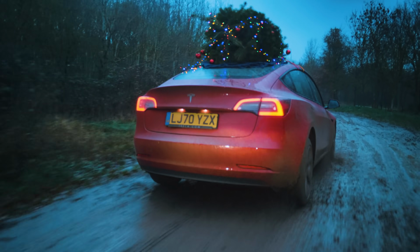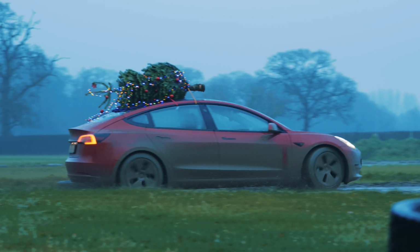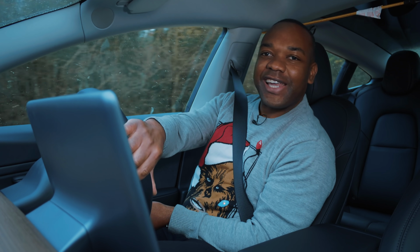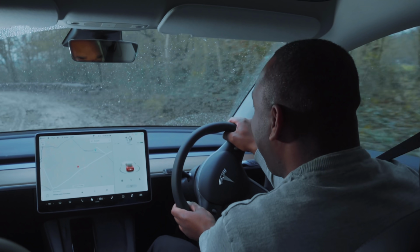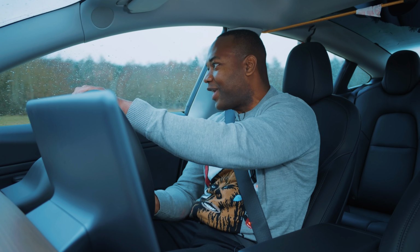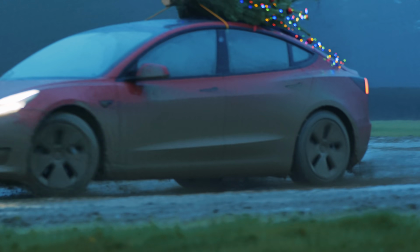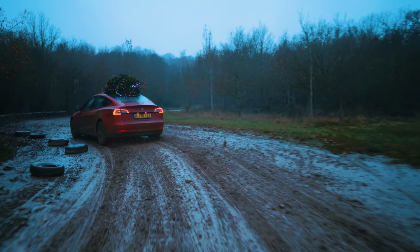This standard range plus is a rear wheel drive car, and it will slide a little bit, even though you can't switch the traction control off completely. But what's really standing out for me is just how much fun it is. Like literally no matter where you go, this car is an absolute blast to drive. You might not expect the cheapest Tesla to be that quick in a straight line, but it really is. 0 to 62 in 5.3 seconds, 140 odd miles an hour flat out,